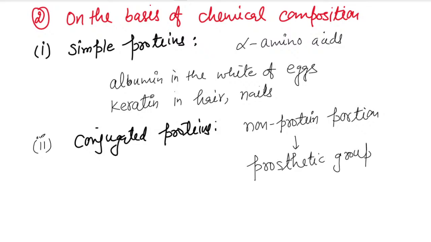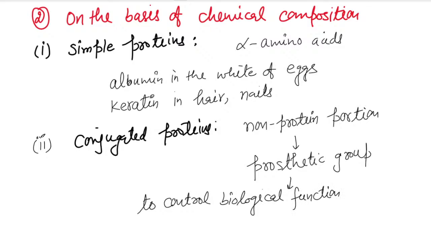It is to control the biological function of the protein. Whatever protein has that prosthetic group, that will control the biological function of that particular protein. For example,